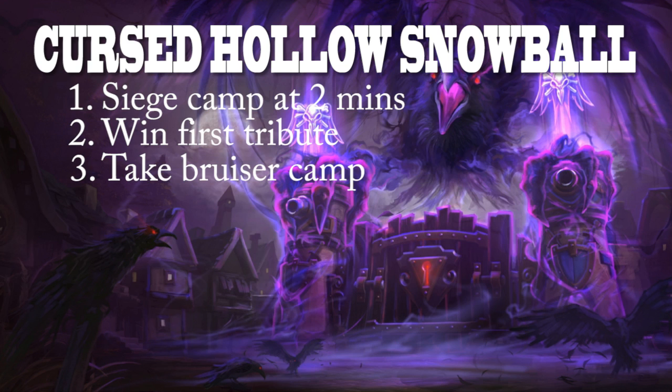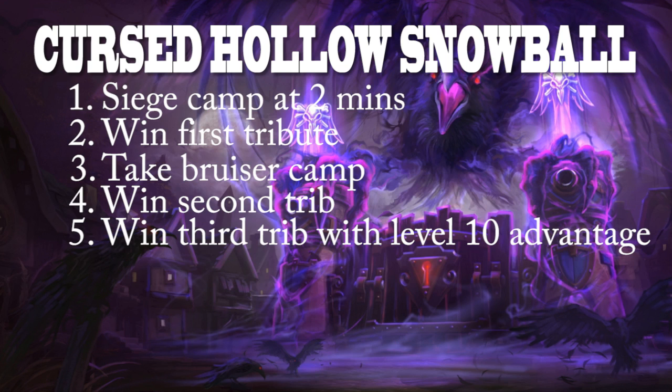Then you try to use the bruiser camp and you try to get the second tribute as well. At this point, if you've got the stronger early game team, you should be up on XP. You can just soak the waves, push the towers and such, and then grab level 10. You should have level 10 around about the same time as the third tribute. The enemy team should not have level 10, so you get the third tribute, you get a curse,